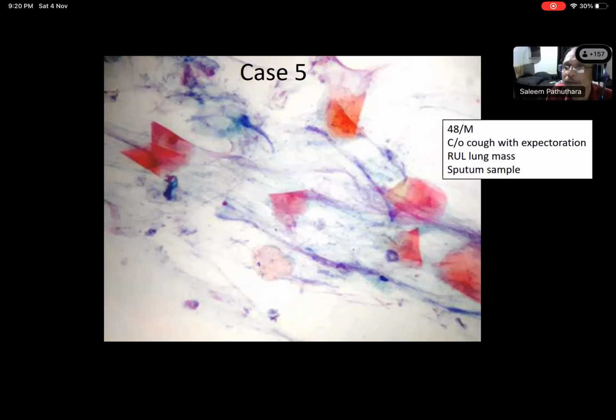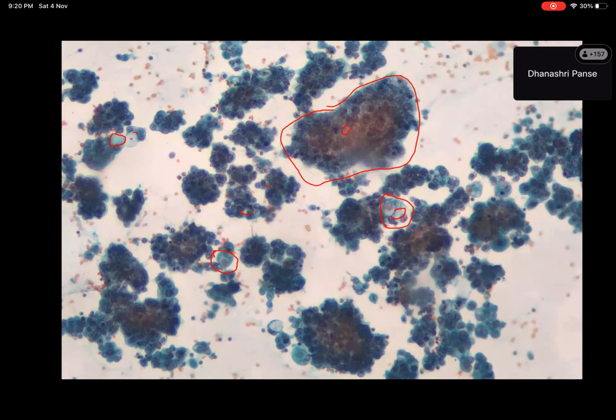So this is case number 5. Pertaining to this case, the audience wants to know where the acinus formation is. Okay, I'll explain. There are small clusters with small acini here, small glands, small microglandular formations. Here you can see an acinus, and here also you can see acinar formation. Here you can see beautiful acini. So this is basically a glandular pattern, and individual cells are also showing focal areas of cytoplasmic vacuoles.